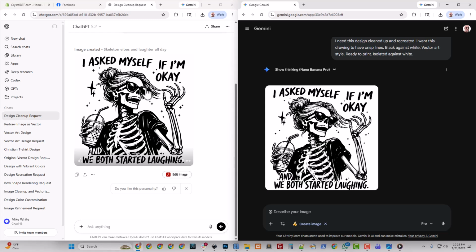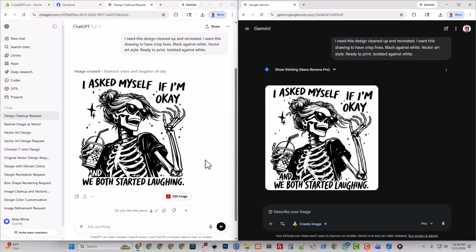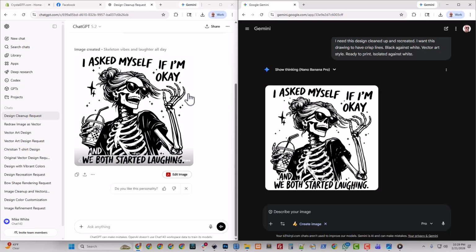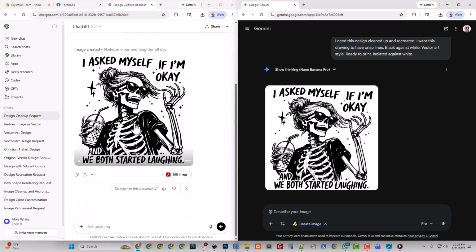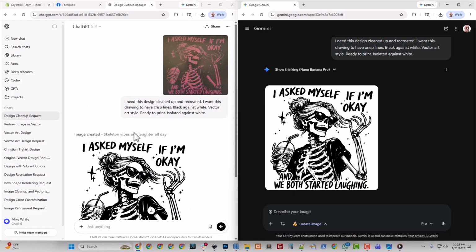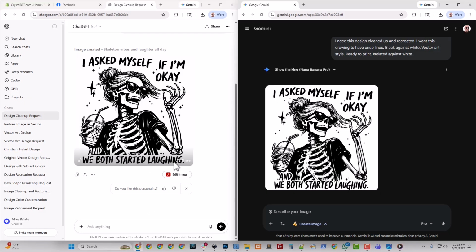Okay, so it's done what I needed it to do. What I thought I needed to do was take it off black, and it's done it. The way it's done it, it's put the stroke around the outside. So it's actually done a really fantastic job. Both of them have.